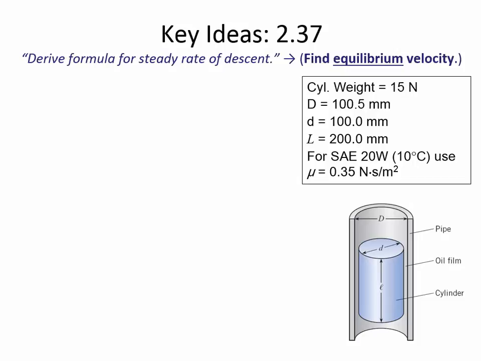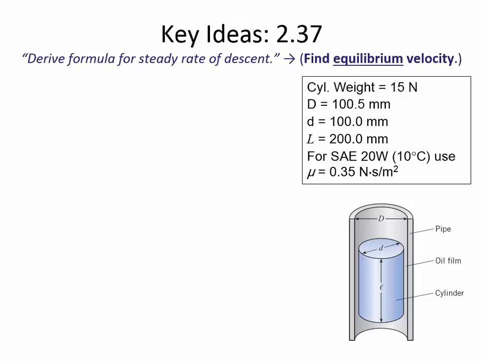Okay, so here are some key ideas, and I hope showing you these key ideas for this problem will make it a little bit faster for you to solve it than if you were just starting from square one. It's a cylinder that's falling down through a shaft, a hollow shaft. This shaft has a film of oil around the edge. It's a little bit like a piston in a cylinder, where the gap between a piston and a cylinder is lubricated with oil. Same thing here. We have an oil film that's lubricating the descent of this cylinder as it falls downward through a